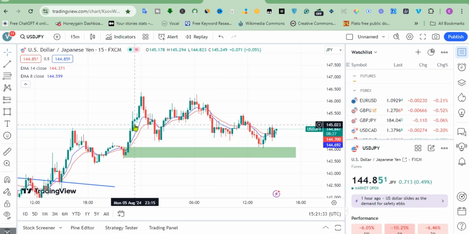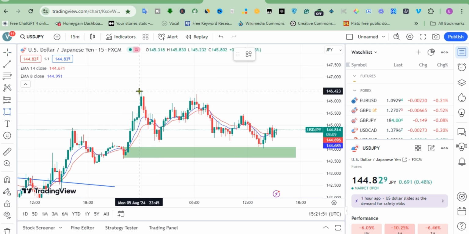Now we'll move further. The price got here and dropped down immediately. Now what happened? This place automatically turned to your supply zone, because you can see 3 big candlesticks, and the price got to this place and dropped. Okay. So what you will now do, you draw your supply zone, which will now be this place,